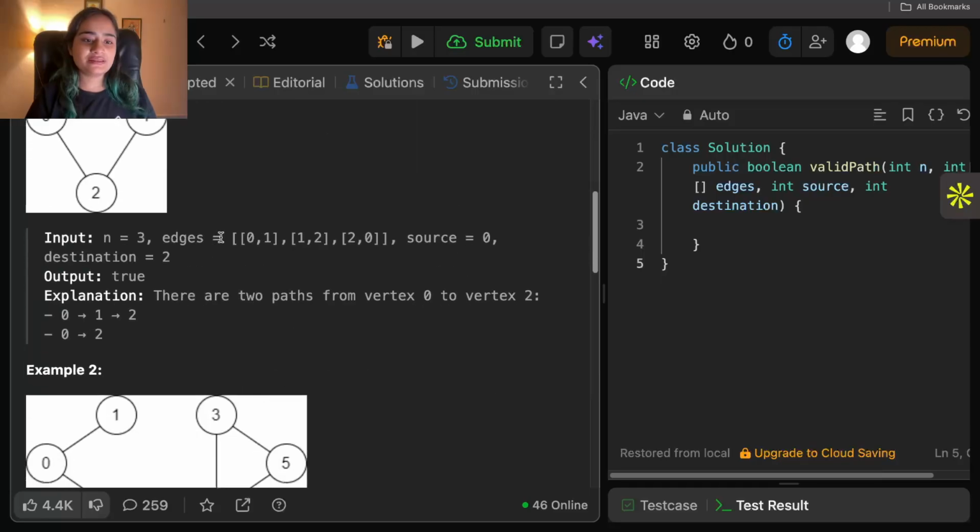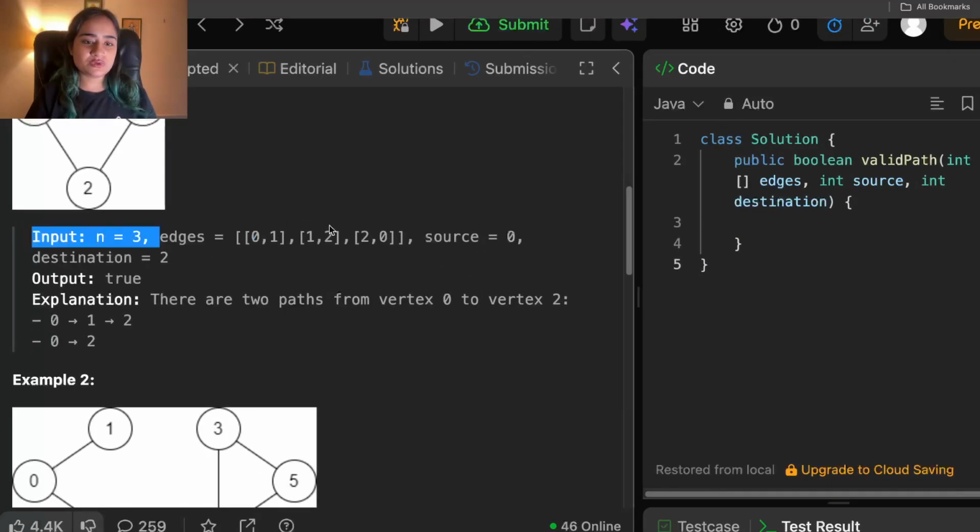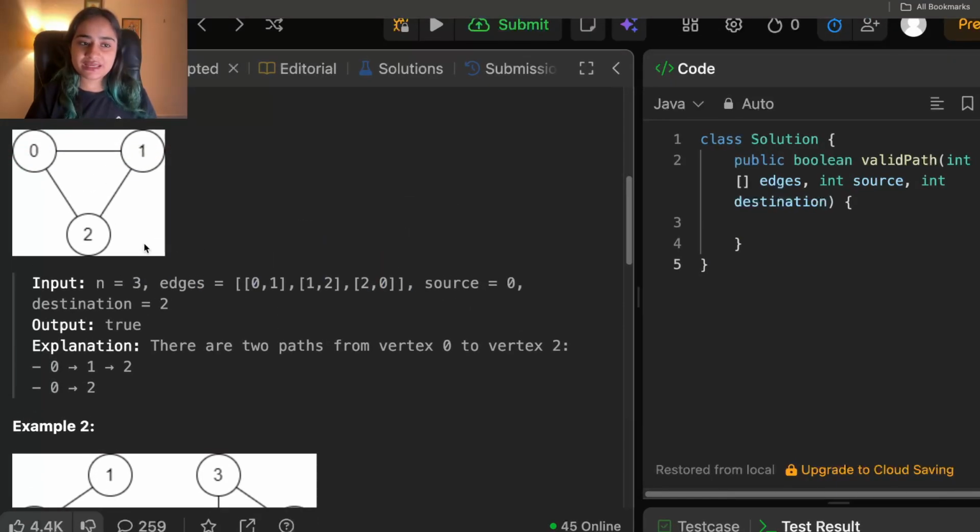So if we look at this, this is how the inputs will be given. What are all the edges we have in this input? We have 3 edges. And how are those edges joined? So one edge is between 0 and 1, another is between 1 and 2, and then 2 to 0. You can look at that, right? So these are our edges. Do you remember this is also called an edge list?